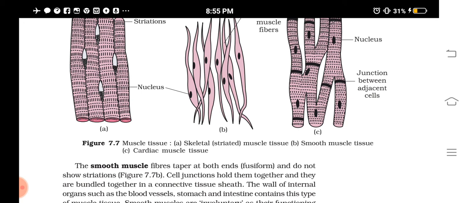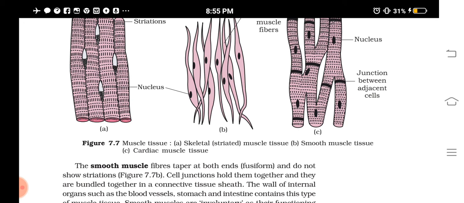If this type of muscles stops their work, what will happen? You can just imagine, isn't it? So they will never get tired. They will work continuously, isn't it? Before the birth of a person, this type of muscle starts until the end of the life. They continuously work without any rest.